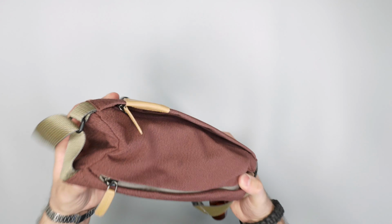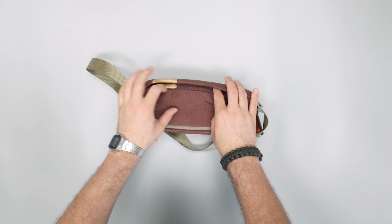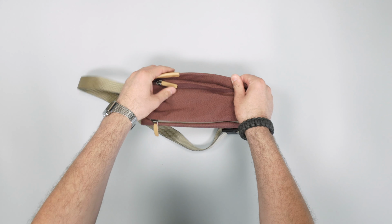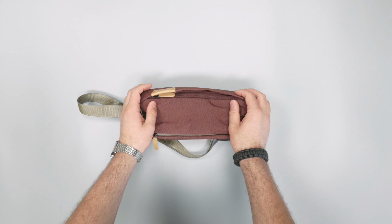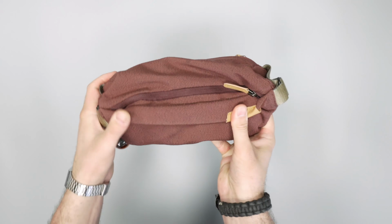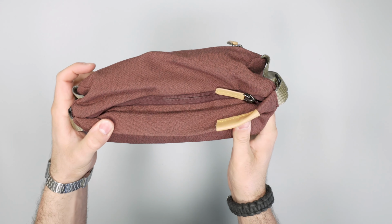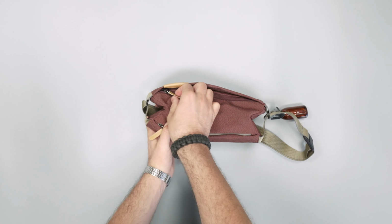So when I have this kind of on the front of my body, the access does just feel a little weird. Like this zipper is hidden by this piece of gusseted fabric here, or welted fabric rather. And I like that, right? It creates a good aesthetic. Like up here, it looks good. If that wasn't there, it would just kind of look like that. And you're like, what am I looking at? Just a zipper. So it's a really nice look, but it's a little hard to get access to these zippers